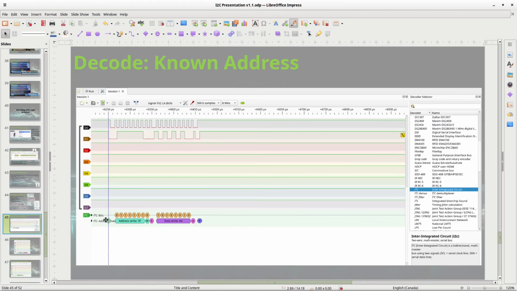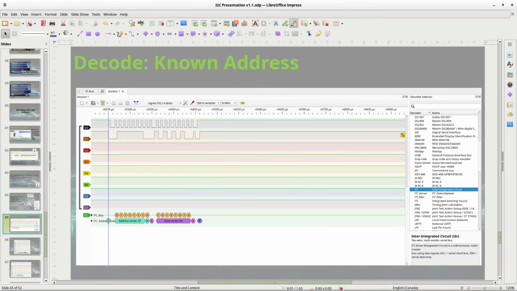Down here, see it says I2C bits. If you click on that, that's where you define your pins to say D0 is clock, D1 is data. If you click on this D1, the trigger menu will come up, and you can see it's set for falling edge. Here, notice you can clearly see the start condition there, and you can see a gap here. This allows PulseView to actually know when the start condition is.